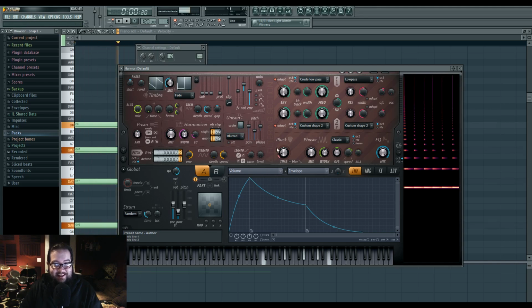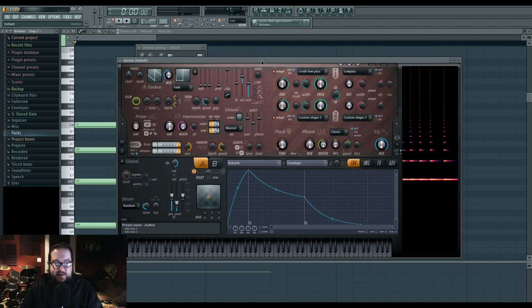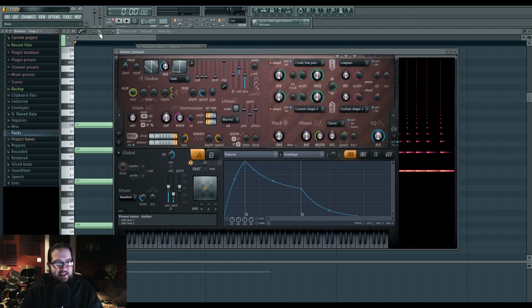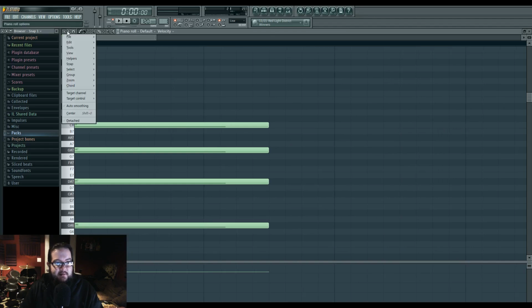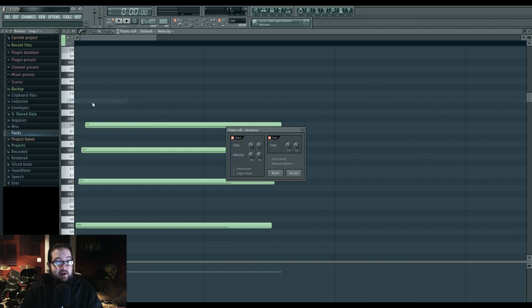Kind of sounds like a harp, doesn't it? Well, that's Strum for you. It's pretty straightforward. You can actually do this in the piano roll. If you go to, let's see, tools, Strum, you get